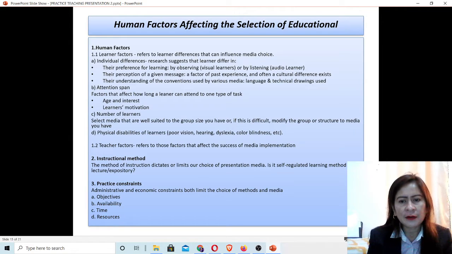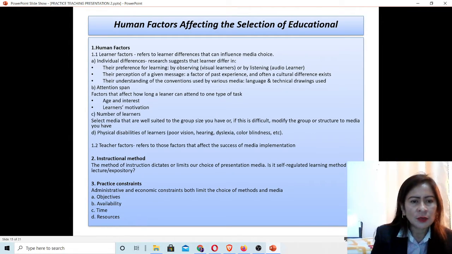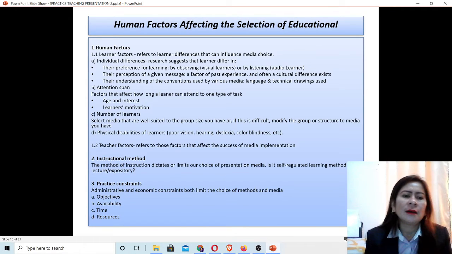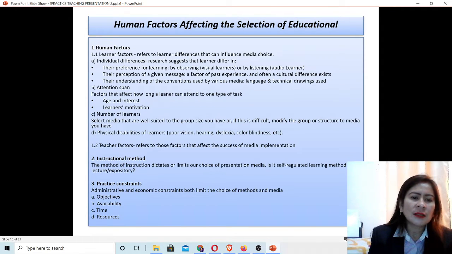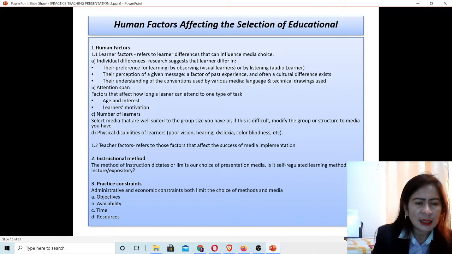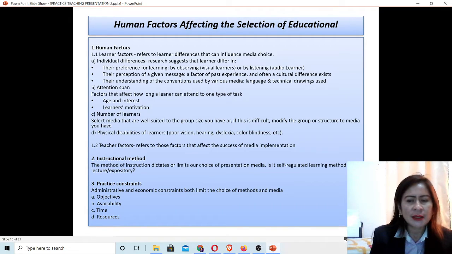Is it self-regulated learning methods or lecture, expository? Third, practical constraints. Administrative and economic constraints both limit the choice of methods and media. A. Objectives. B. Availability. C. Time. D. Resources.